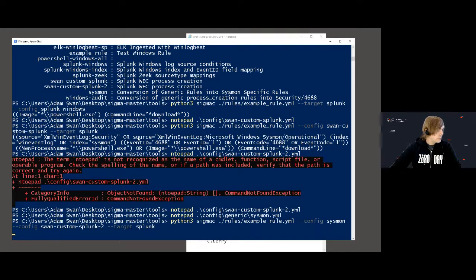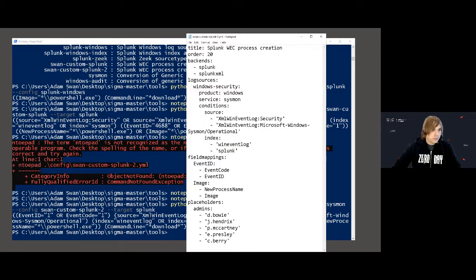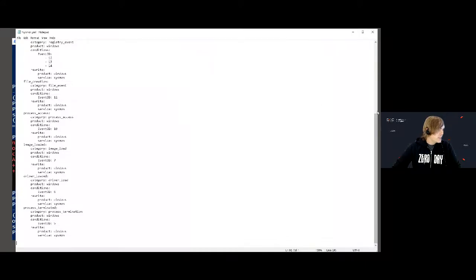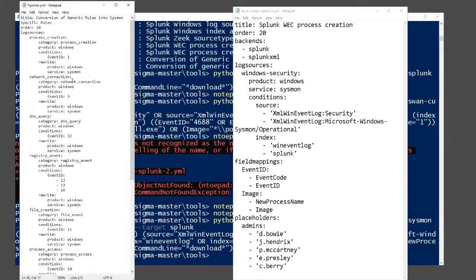And it will pop out the rule. So let's just go in here and make a change so it'll be more obvious maybe what's happening. So if we did something crazy, we might say change this to event ID